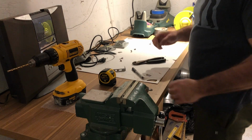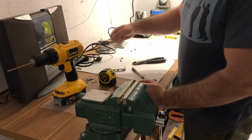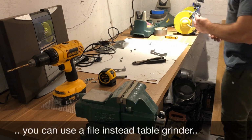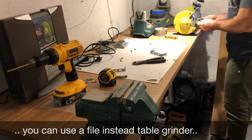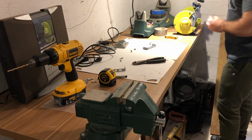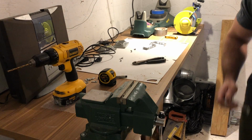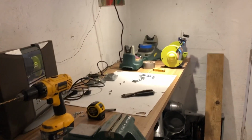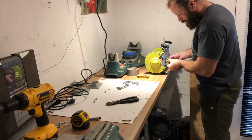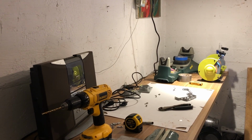I probably made it look harder than it really is. All you gotta do is cut it off. Hacksaw, anything like that, I just don't have the patience. Now let's round these off. Probably wear protective eyewear. Not even sure if you guys can see what I'm doing. You should probably wear protective eyewear. Okay,